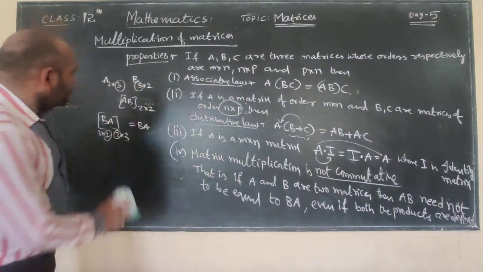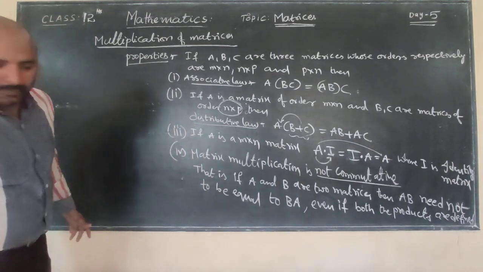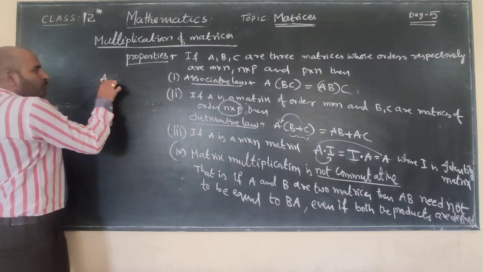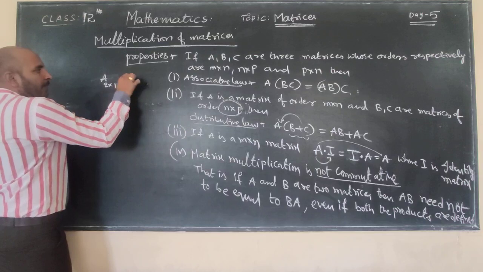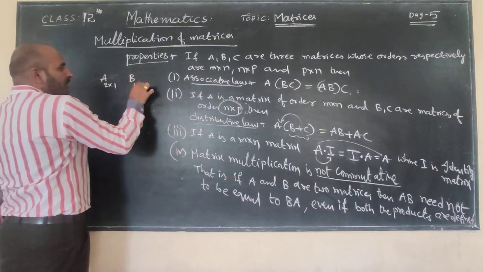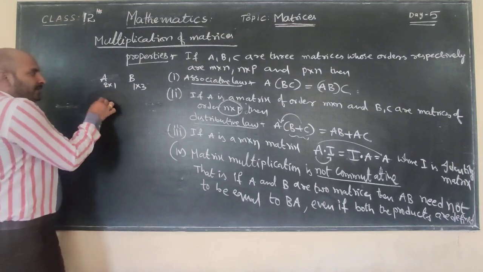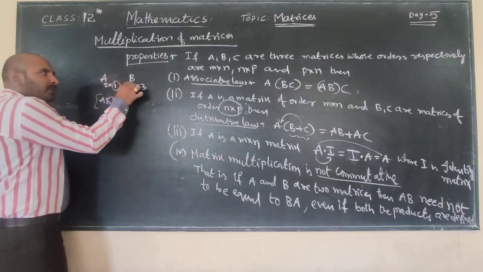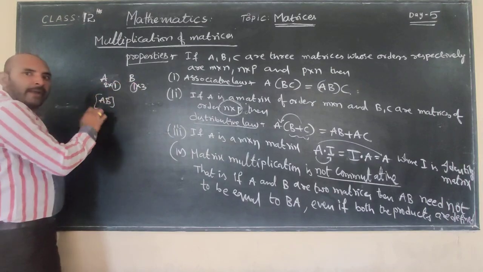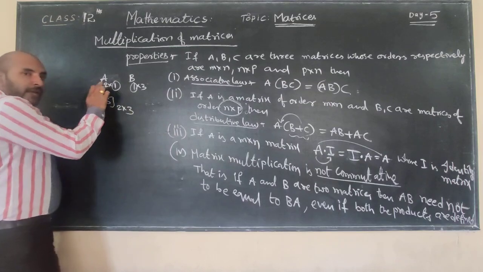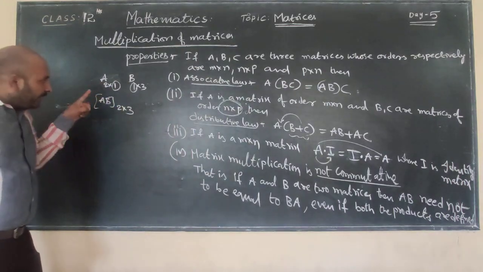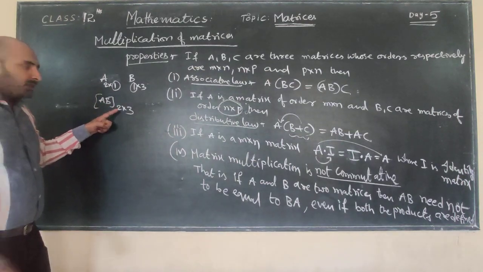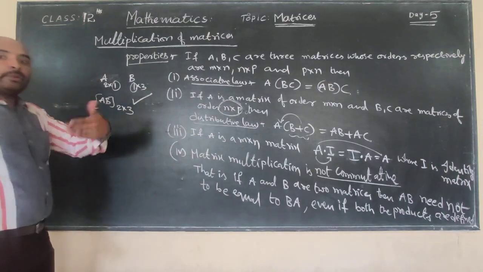Another case, let us observe here. Let us take A matrix as 2 cross 1 and the B matrix as 1 cross 3. In this case, what is the AB matrix order? The first matrix's columns and second matrix's rows are equal, then the AB matrix order is 2 cross 3. So A and B are both defined matrices, and the product is defined here as 2 cross 3. It exists. What about the BA matrix?